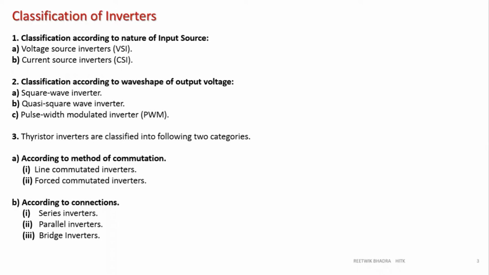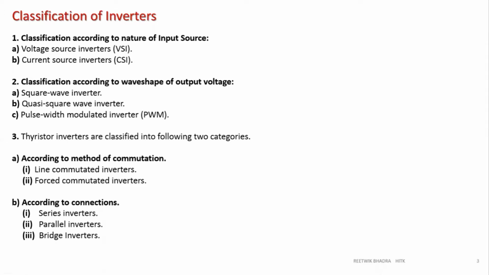Now, current source inverter. A current source inverter means the source is giving constant current at the input. So we have a huge inductor at the source, so my input will be very constant, a large inductor means a large constant current. That becomes a current source inverter. We'll study this VSI majorly, and next we'll study a simple circuit of CSI and understand what CSI is.